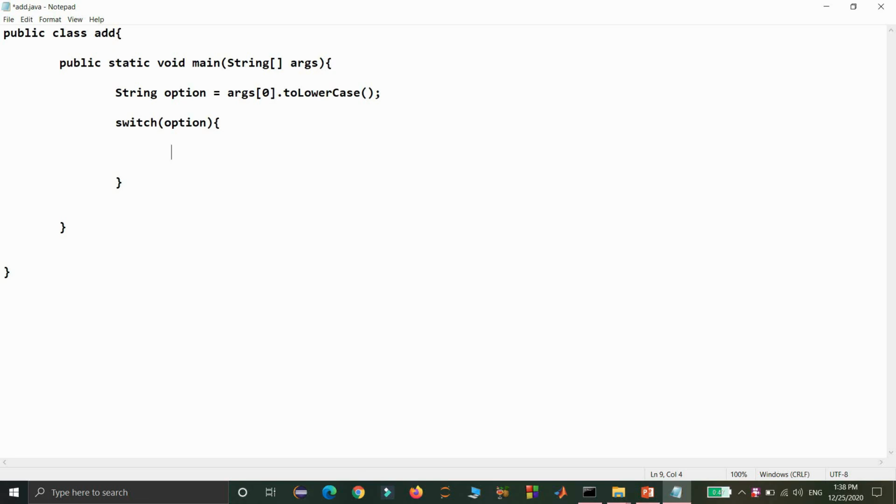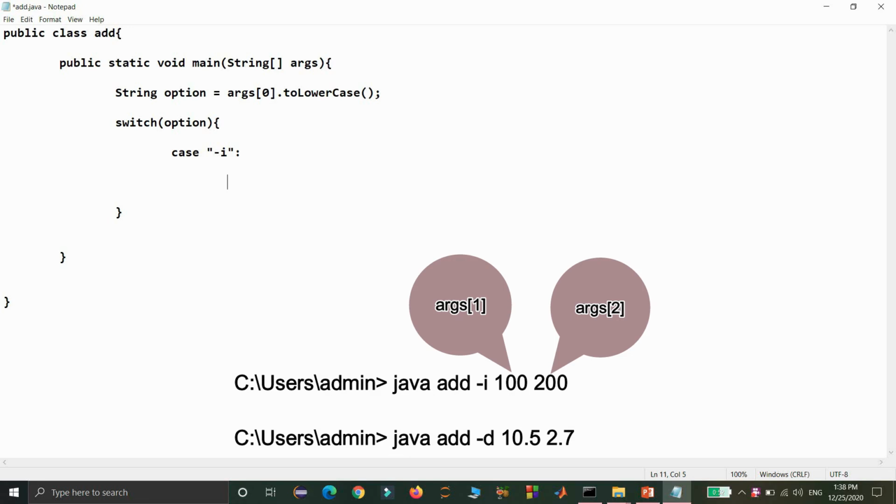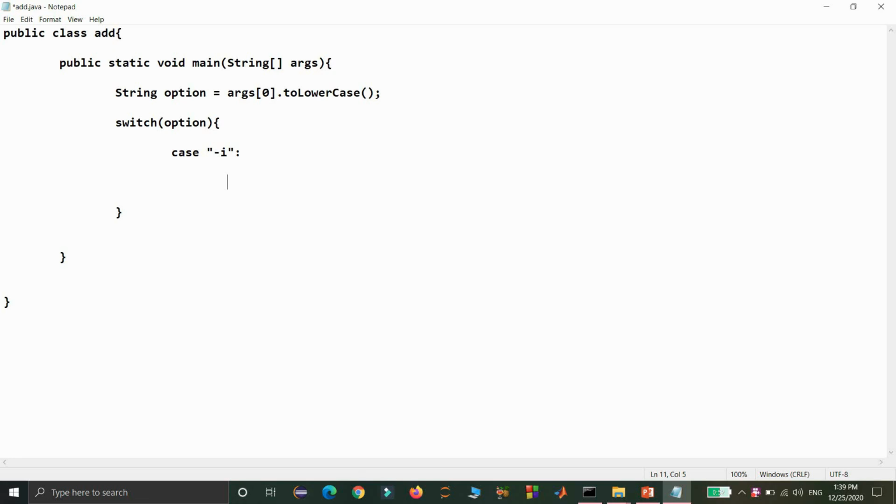Then I am going to check the option for the integers. If the option matches -i, we need to perform the addition of integers. And the two integer arguments are available as strings with args[1] and args[2]. Then we need to convert those strings into integers by using the parseInt method available with the Integer wrapper class.